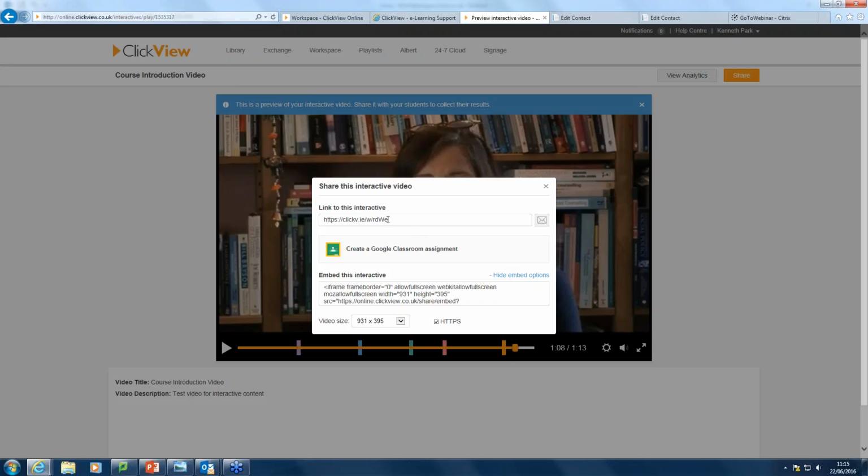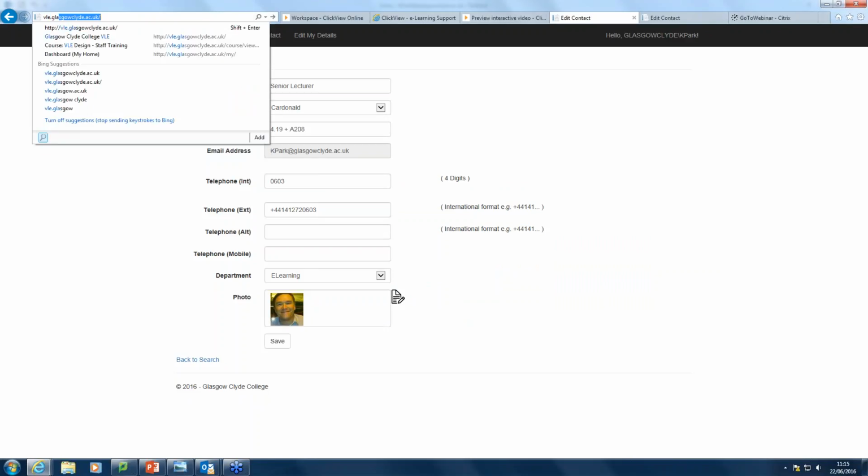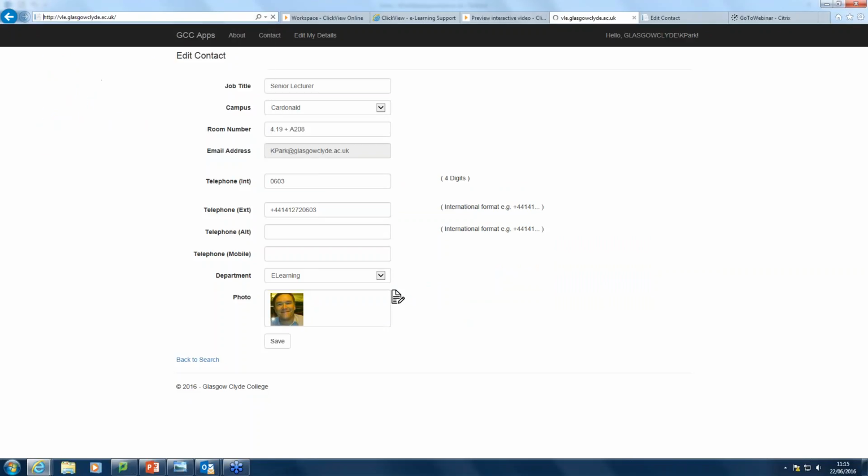What I'm going to do here is I'm just going to copy the link. So I've got a link here just now. Just note this button here. You could actually just email that out to people. However, perhaps one of the things that you might want to think about is going into the VLE. So let me do that and put the link into a course. So let me go into